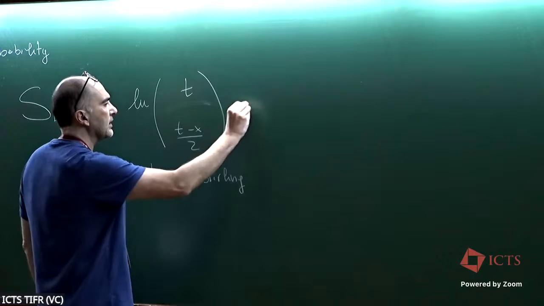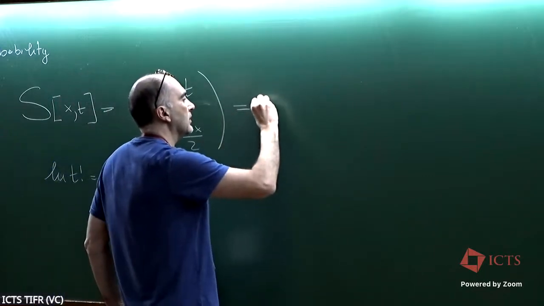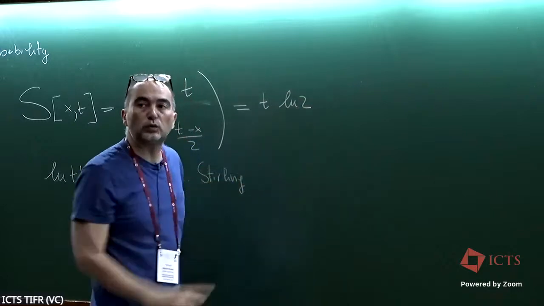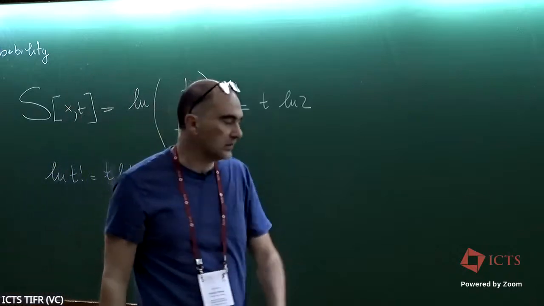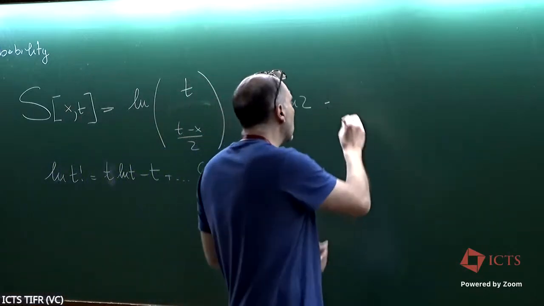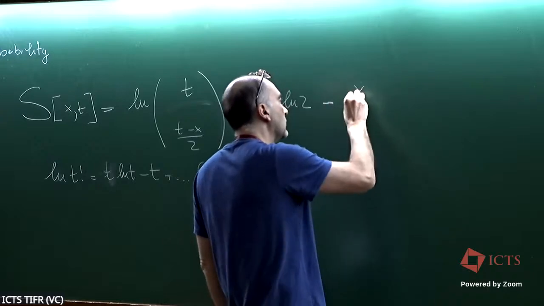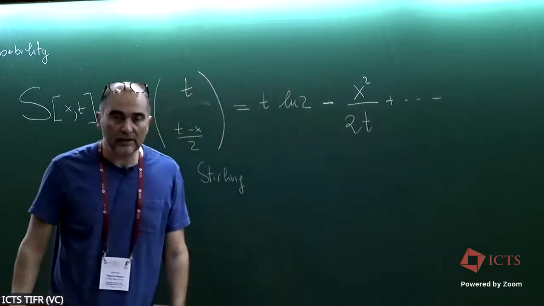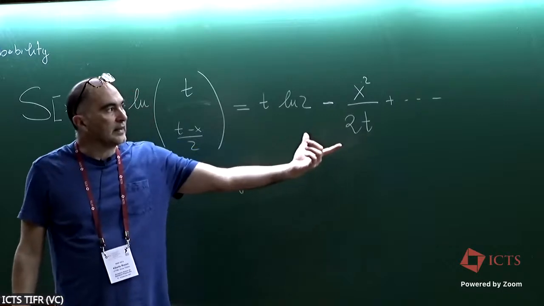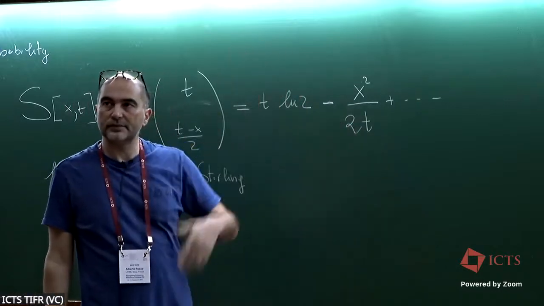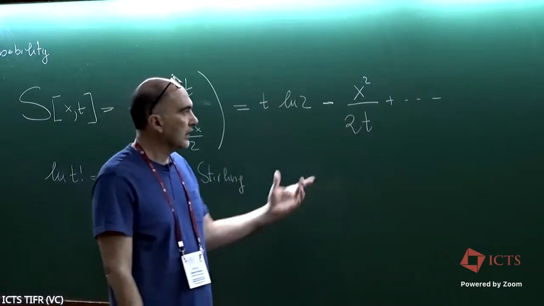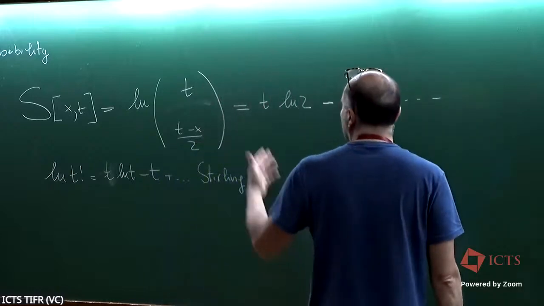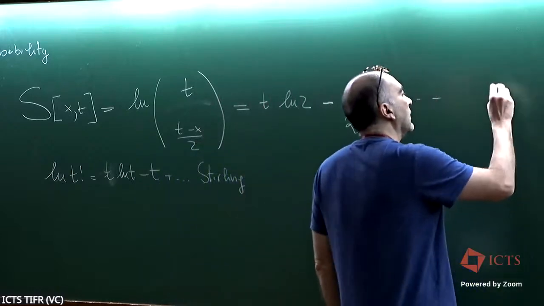So if you use the Stirling formula, what you have is that here you have t log 2. This is the term, 2 to the power t, which is the dominant term, and then you have a suppression due to x, which is x squared over 2t, and then you have corrections. So this means that if you are in the middle, you have the maximal probability. And because this is an entropy and the number is exponential of this thing, it will mean that the probability